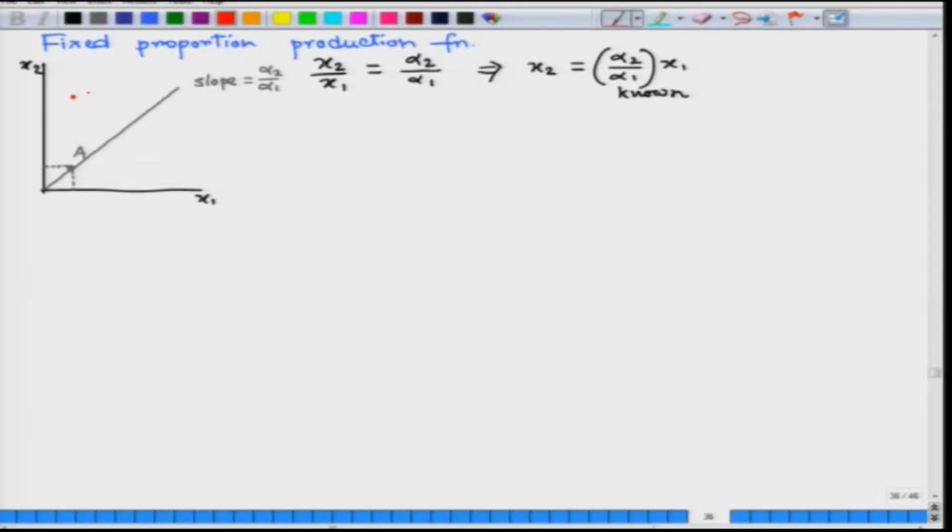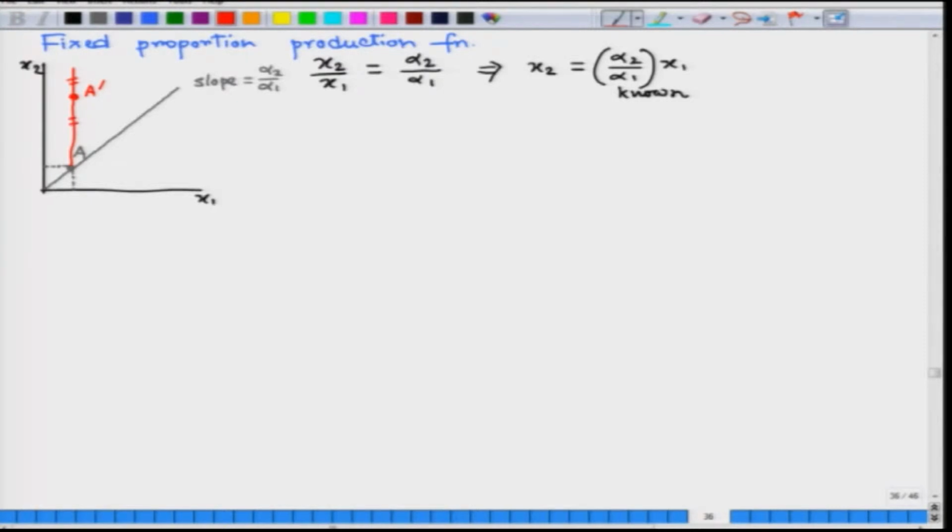So, suppose this is some point A prime, right. So, what will happen? So, this many extra units of input 2 is totally useless, because then the ratio of input 1 and input 2 is changed, and with these new ratios I can't produce the output in a technical efficient manner. So, basically all these levels of inputs here become redundant,